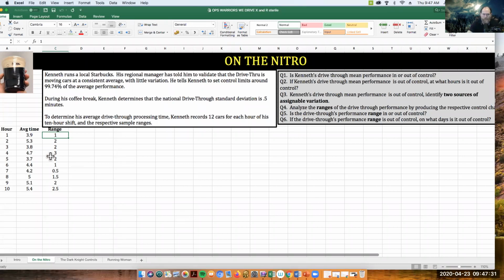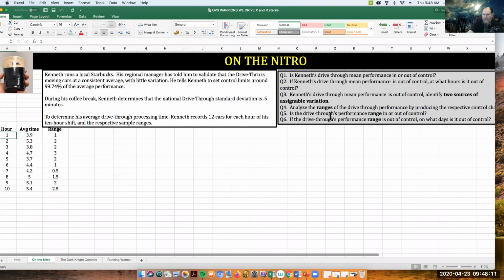So for example, let's just suppose that in his sample, he had a car that went through in 4 seconds, and that was his longest car to go through. And then his slowest car to go through was 3. And all the other ones were between 4 and 3. Pretty tight group, probably pretty unrealistic. But regardless, we don't need to know all that. We just know that the range for that sample right there was 1. Okay, so I'm going to stop talking. Let's look at our questions.